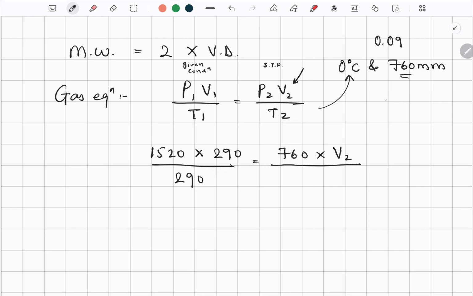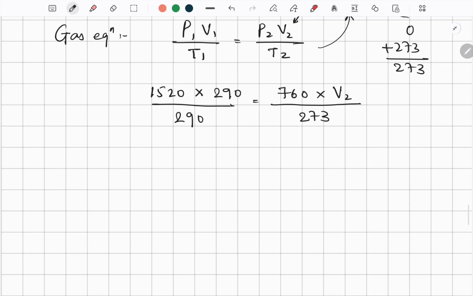But as we cannot use the degree Celsius, what should we do? We have to add 273. So 0 plus 273 is 273. So in the denominator it will come 273. Now what should we do? We have to